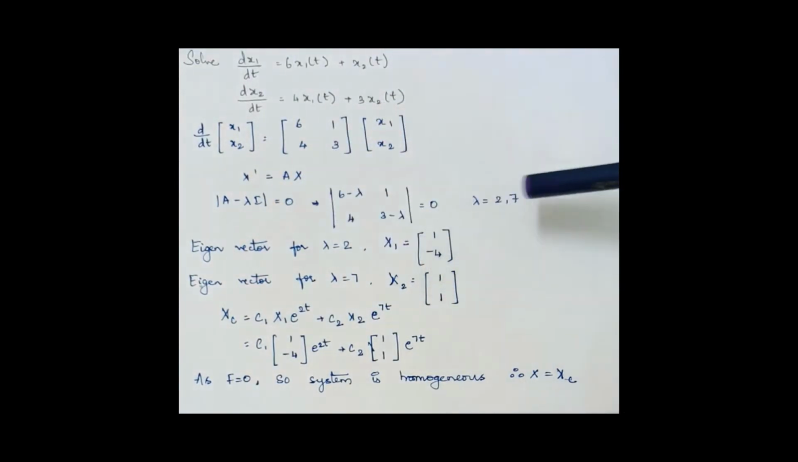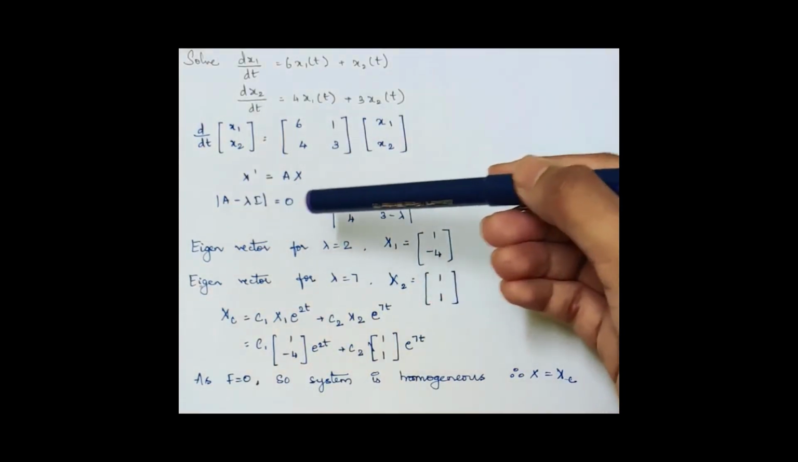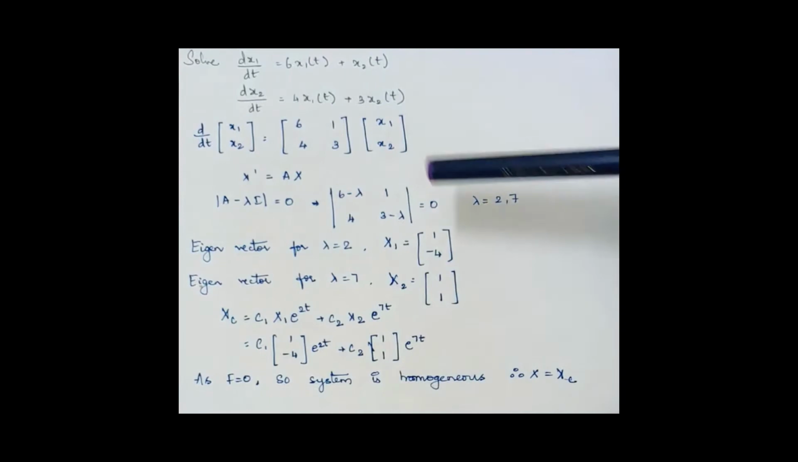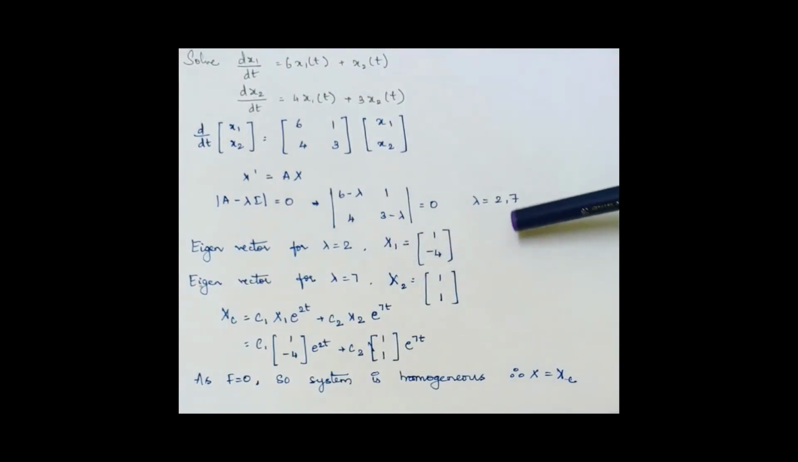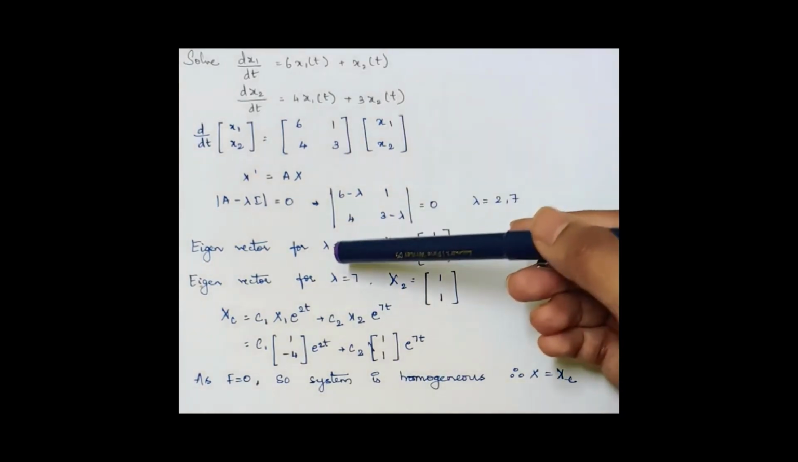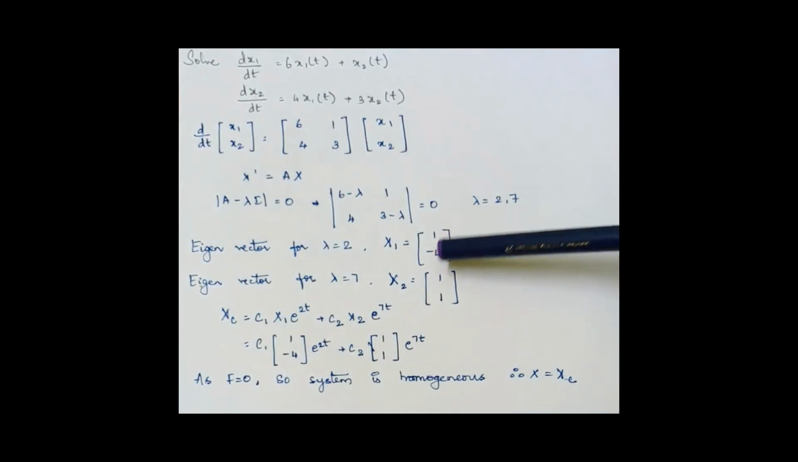Now you have to find eigenvalues and eigenvectors. As you can recall, det(A minus lambda I) is equal to 0 is the formula. Substituting, we get that the eigenvalues are 2 and 7. From the eigenvalues, when you try to find eigenvectors, you get (1, minus 4) as the first eigenvector, and (1, 1)